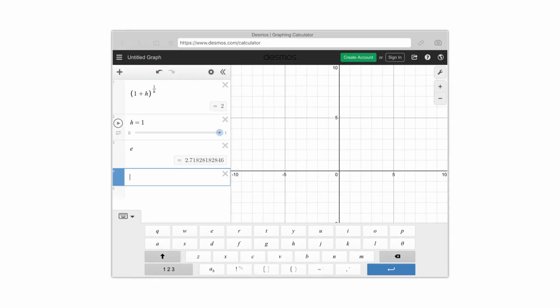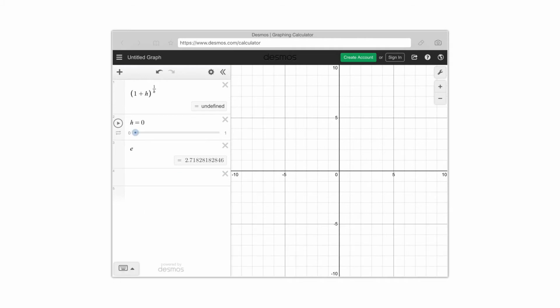So here we have the quantity (1 plus h) to the 1 over h. And we can see right away that if I try to plug in h equal to 0, I get undefined because I have 1 over 0 in the exponent, and that means there's an infinity there and all sorts of issues. But if I take h equal to 1, I have a value of 2. If I make h equal to 0.5, I have 2.2. And as h approaches 0, that number begins to grow. It's 2.5, maybe